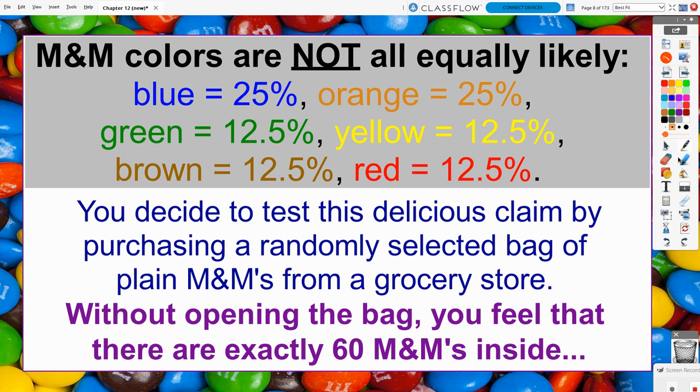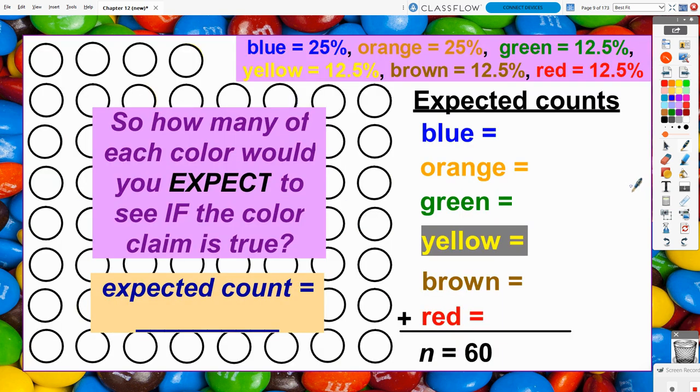store. Now, one thing I didn't mention previously is that we are going to be focusing on plain M&Ms. Actually, peanut M&Ms have a different color distribution than plain M&Ms, likewise with all the other varieties of M&Ms. So when we're talking about M&Ms here, we're talking about the plain old dark brown bag. Now, without opening your randomly selected bag of M&Ms, you can feel from the outside that there's 60 M&Ms inside your bag. So the first thing we're going to explore here is how many of each color would you expect